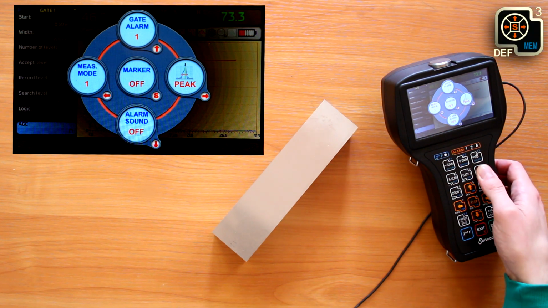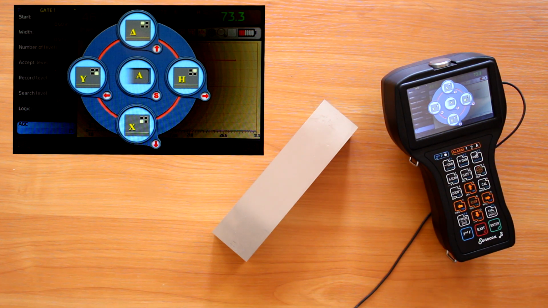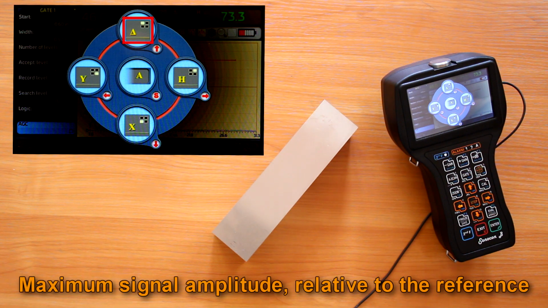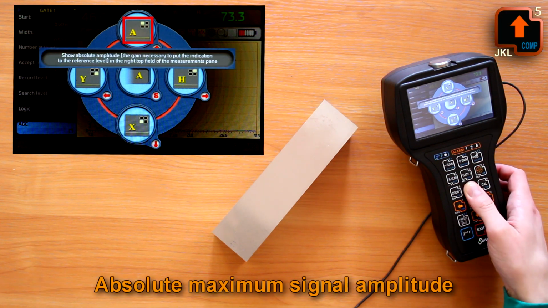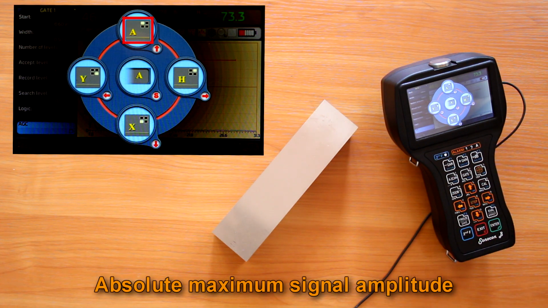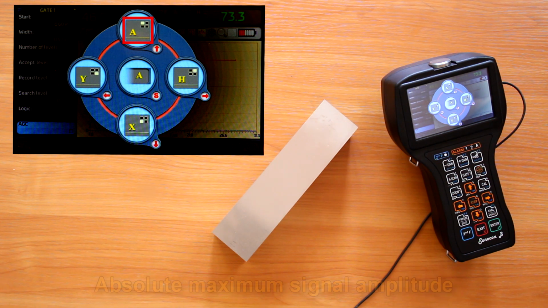Second page of the quick access menu enables choosing which indication parameters to show. With arrows buttons, we can choose parameters for 4 small cells of the information panel, and with step button for the large one. The list of parameters depends on the instrument settings, but the full list follows: maximum signal amplitude relative to the reference, absolute maximum signal amplitude, that is the gain value at which the signal amplitude corresponds to the reference,